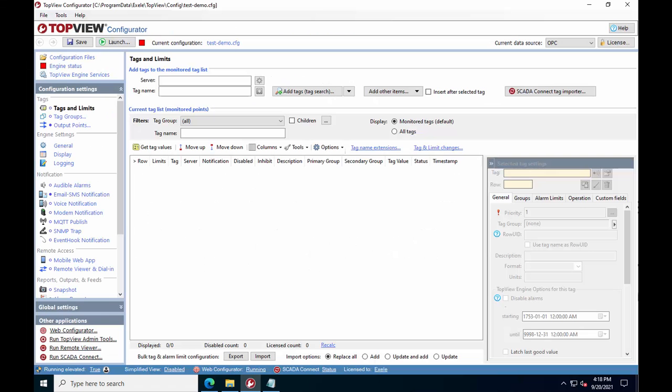This is the desktop TopView Configurator. The configurator is the primary configuration tool for new TopView users as they work to get TopView deployed. We also have a web-based configurator that provides most of the same functions as the desktop version. We'll use the configurator to configure the OPC server, the tags we want to monitor, as well as the alarm